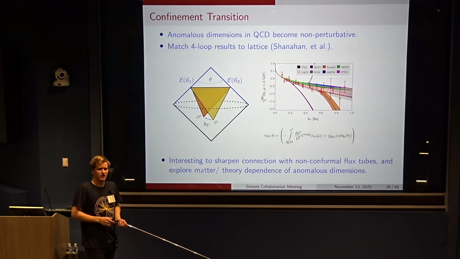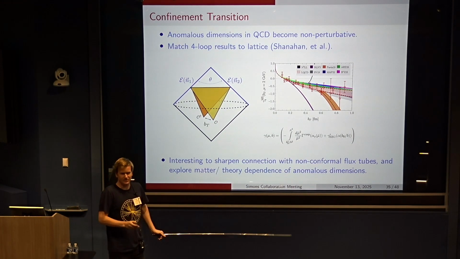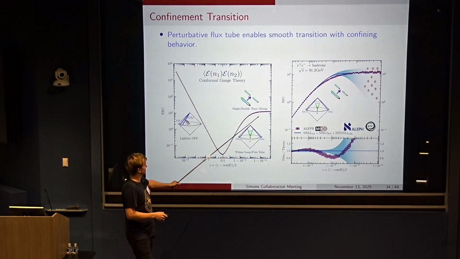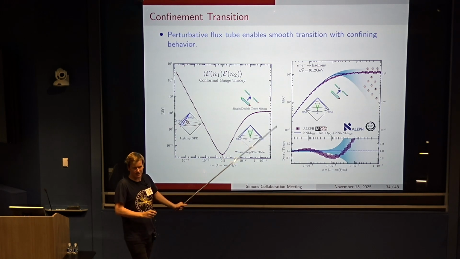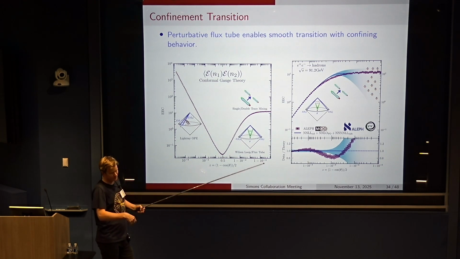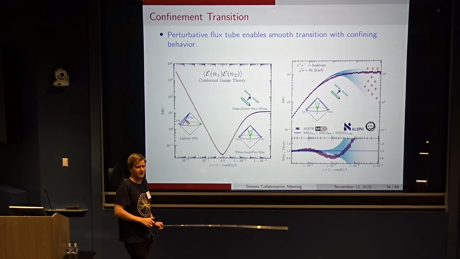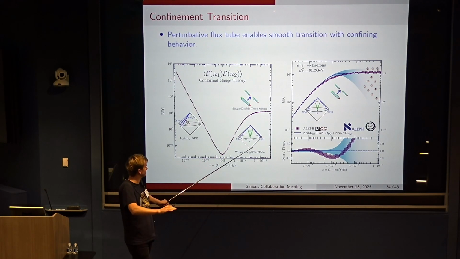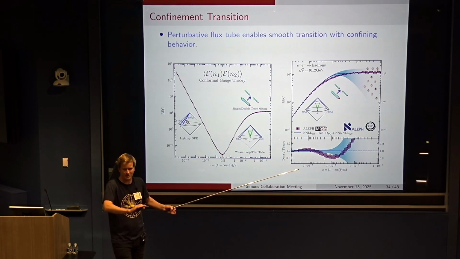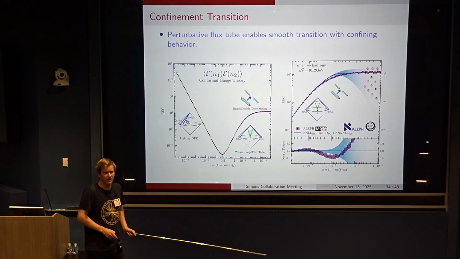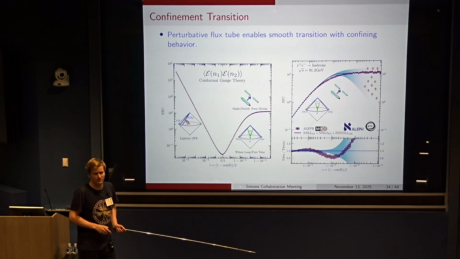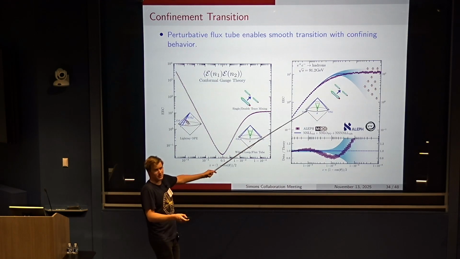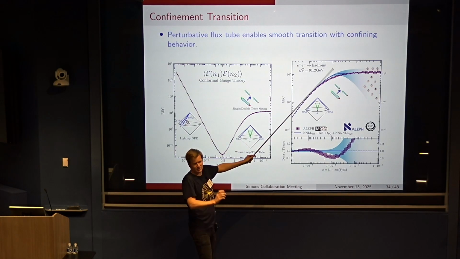That's at large N, and QCD is at finite N, or yeah. I would say at finite coupling in the conformal gauge theory, what really happens in this limit is not fully clear. But you can think of it: if you first take some weak coupling limit with N infinite, then you'll get this behavior. Really, in this limit, as you go infinitely high spin, you have some mixing between single and double trace things, which is not really understood. So you can think of it as just a large N conformal flux tube. Yeah, but the plots on the right are for SU(3) or something like that. Yeah, so this one is for SU(3) Yang-Mills. Yeah.